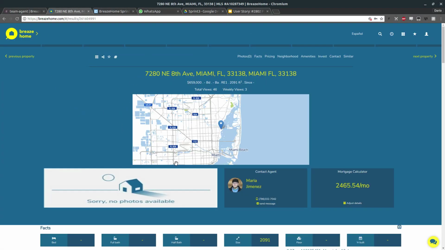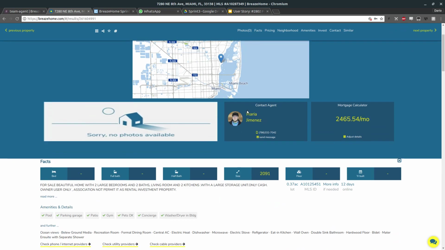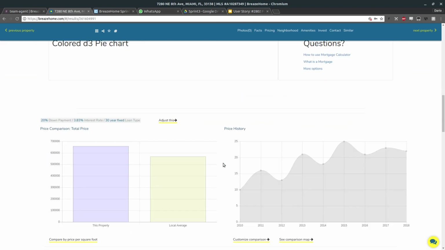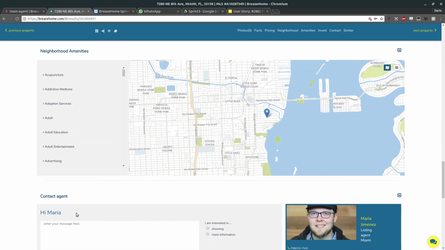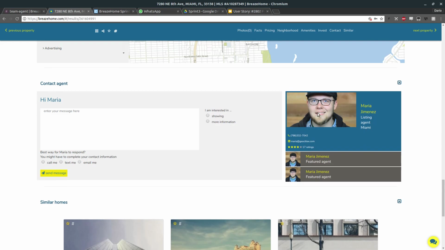This is the live production server, and we can see here we have a stock image with stock data and non-functional messaging and phone numbers, obviously. We come down to the contact. We see that this styling doesn't match the styling from above. We have fake data, fake ratings here. The styling isn't very well done, and there's other things like this here, which implies that the agent would contact them,